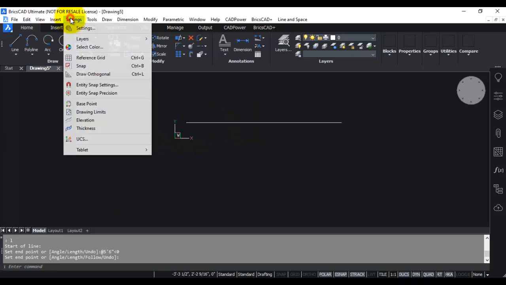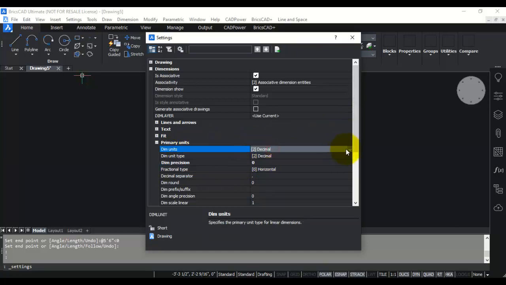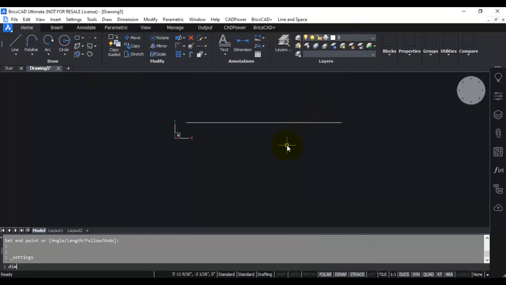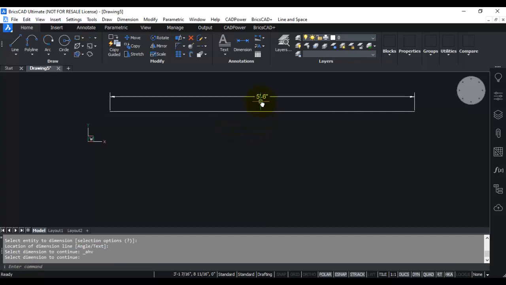Now I'm going to settings. Under dimensions, under primary units, there are several parameters that you can set for the current style. So the first thing that I'm going to do is set the dimension precision to 0, and I'm going to change this dimension units to architectural to show you how it normally works. And then I'm also going to change dim scale to 5 so that my text is big enough for you to read. So I'm going to start the dimension command and create a regular architectural dimension of 5 feet 6